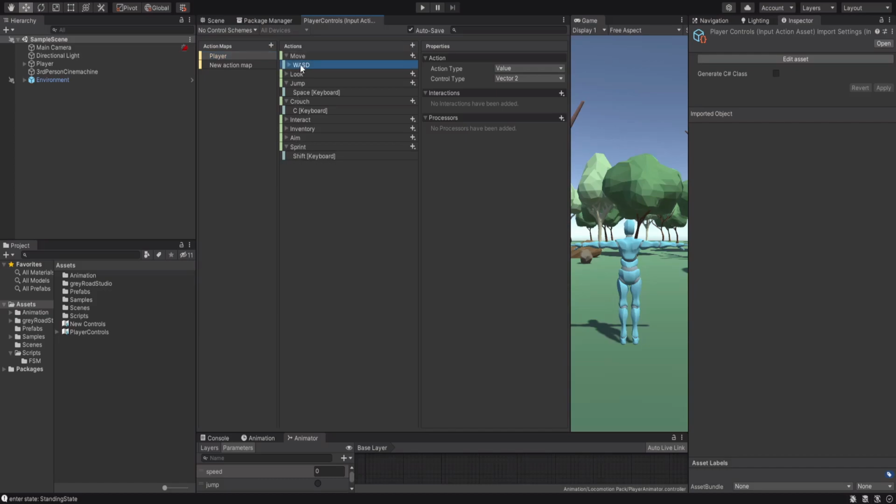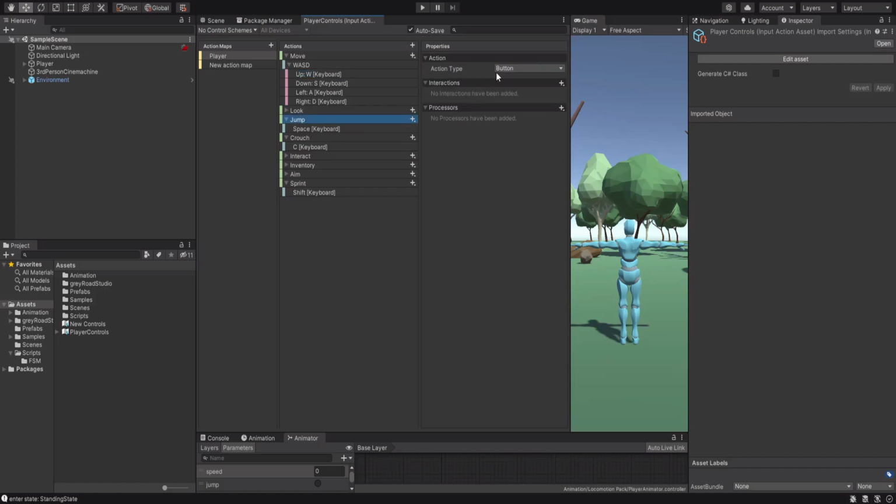Now for move, I have this one 2D vector, digital normalized, and I defined every button like this. I have up, down, left, right key, WASD. For the jump action I have just a button, the space key,